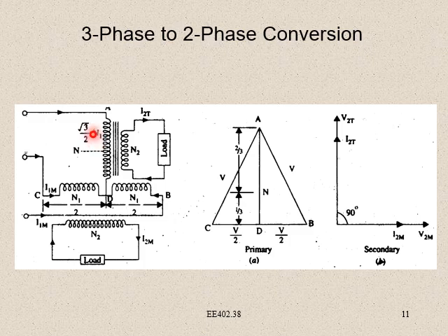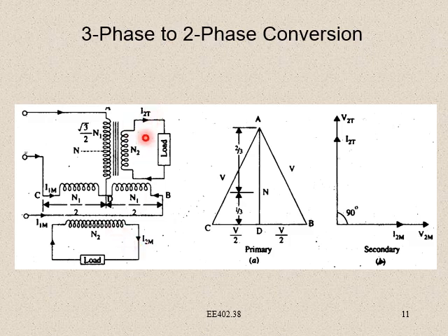The number of turns are root 3 by 2 N1, and thereby N2 is connected to the load with a current of I2T. And there is also another coil of N2 in the bottom, connected to the load with a current of I2M,